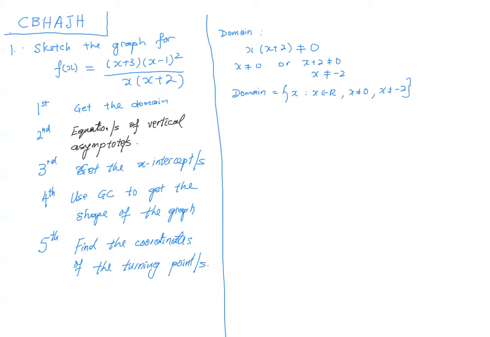Okay, so now, after I got this, Ayman, can I know what is the equations of vertical asymptote? X equal to 0 and x equal to -2 are the vertical asymptote. Yeah, so x equal to 0 and x equal to -2 are vertical asymptote. Right? So this function has got two vertical asymptote. Next,